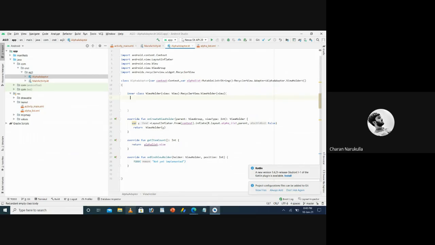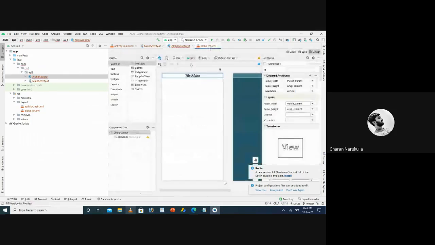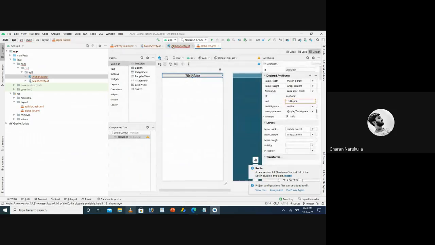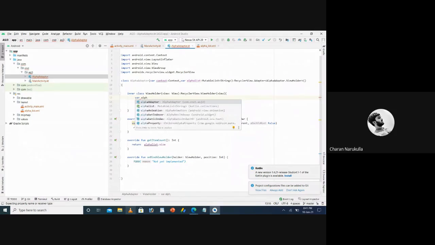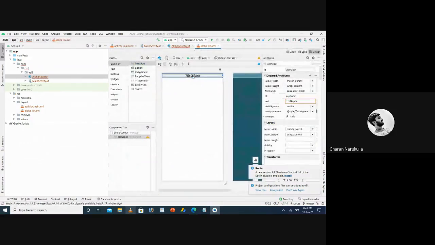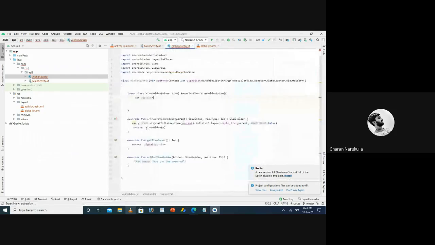What else can we do? Now everything in our alpha list XML file can be used here, because we supplied the view as a parameter to this view holder. So we have one text view, right? So alpha text. Now we can get the ID of this text view, which we called alphabet, by using this view dot